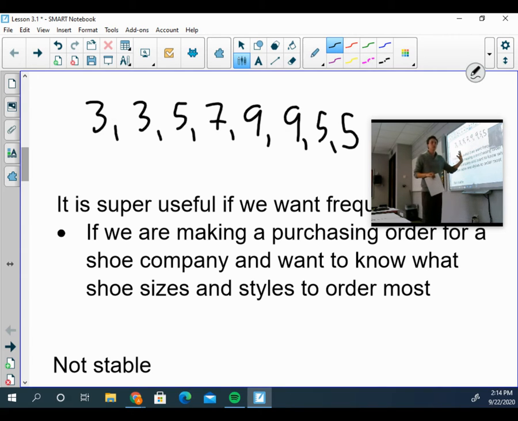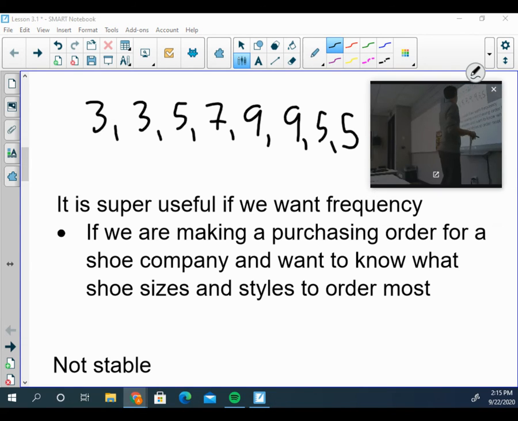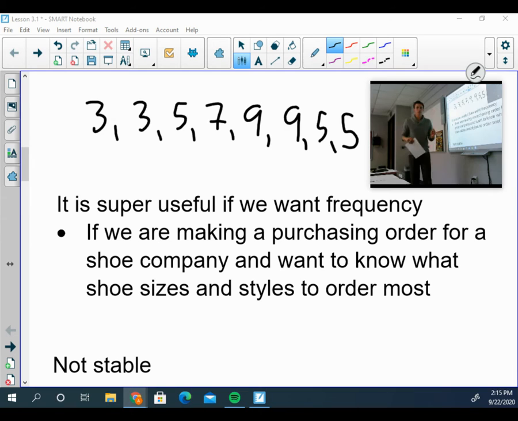Not that the median and the mean, which we'll get into a second, don't change when you add or subtract data, but they aren't as volatile when you change. So again, the mode is super useful if we want frequency, how often something is happening. The shoe example is a good case for that. And you need to know the mode is not stable. Okay, so let's move on